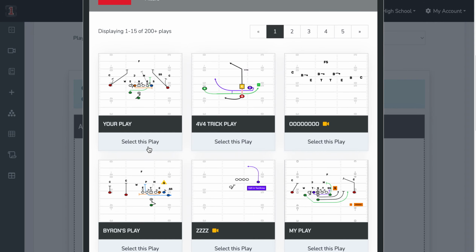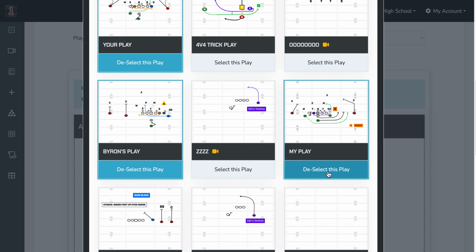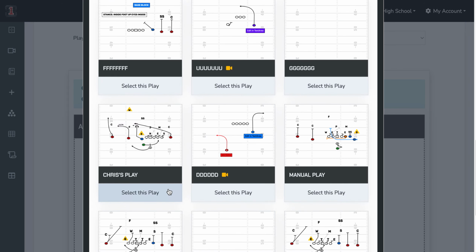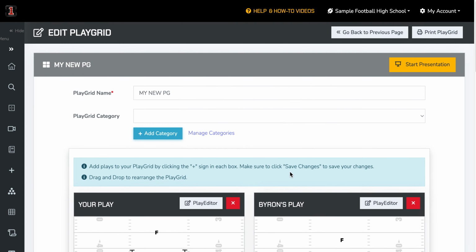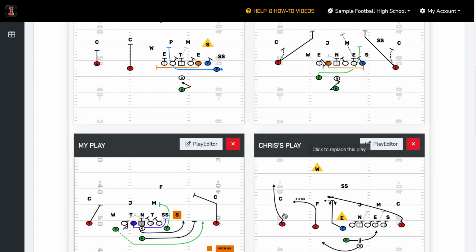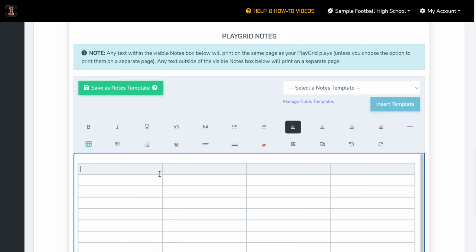I'm just going to go in and select 4 plays, 4 random plays. And now I'm going to come up here and add selected plays to the play grid. Boom, there they are. 1, 2, 3, 4. You've got well-designed plays. I can move them around if I want to, whatever order I want. Now down here, I'm going to click on the table, and now I can put the table in the way